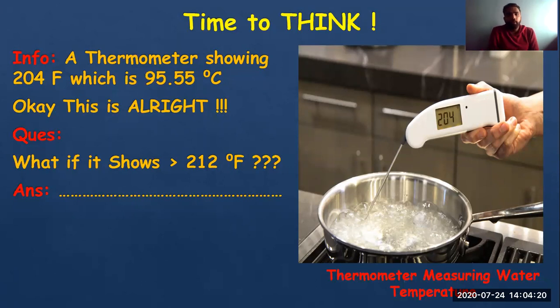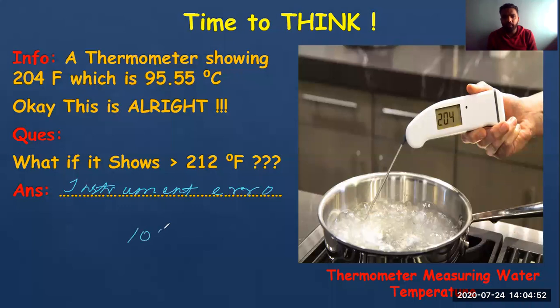Okay, 212 degrees Fahrenheit is 100 degrees Celsius. Okay, the boiling point of water is 100 degrees. Very nice. And you know, after 100 degrees, if the water is boiling, it will evaporate. It will not exceed 100 degrees Celsius. Okay, so you have answered it nicely, and what you are trying to say to me is that it will be an instrument error. Okay, the instrument is faulty.